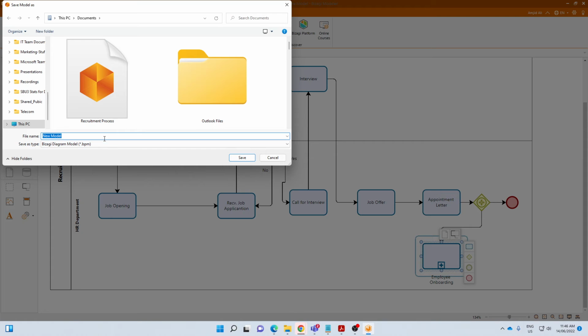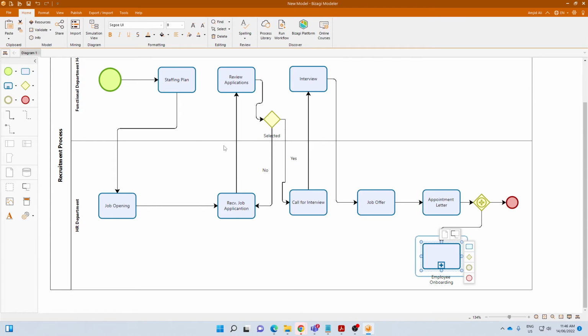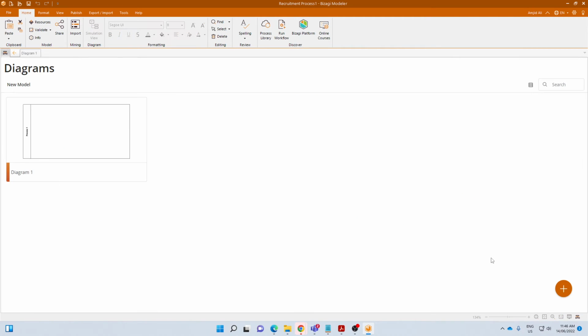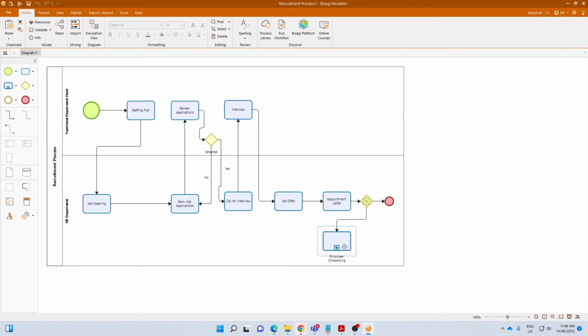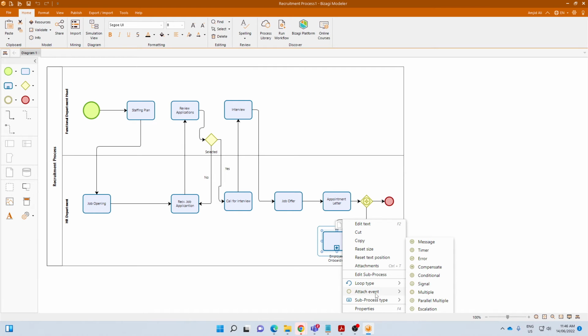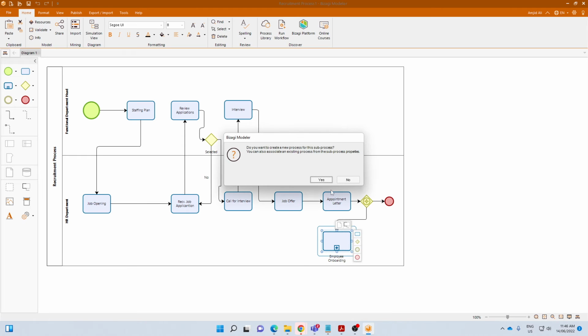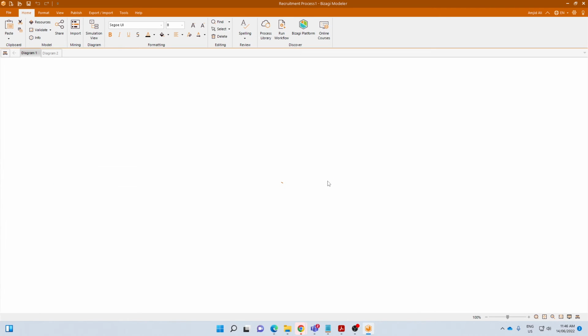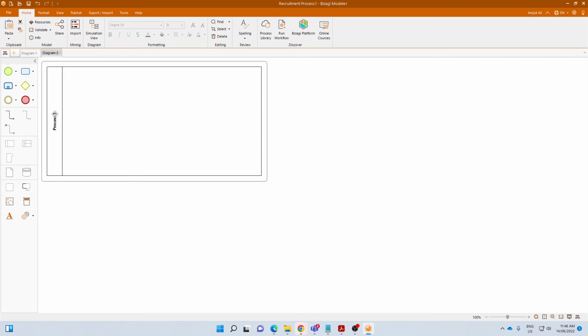So you can save it on cloud also, or you can save it in your documents locally. We will edit this process, right click here. It is saving right now. So right click here, employee onboarding, and sub process, edit sub process. Now as you can see, this sub process is employee onboarding, and inside this sub process